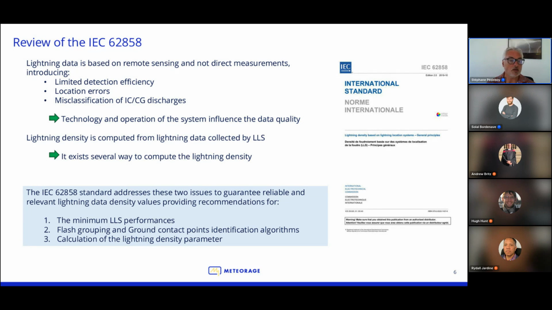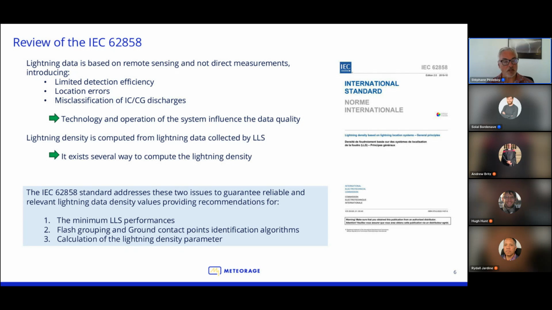So this standard addresses the two issues presented in order to guarantee reliable and relevant lightning density values, providing some recommendations. And there are three kinds of recommendations